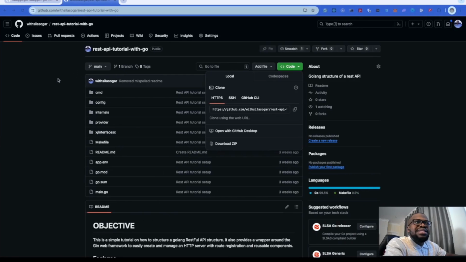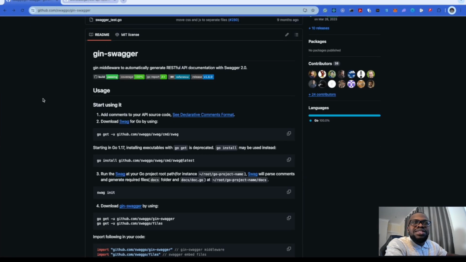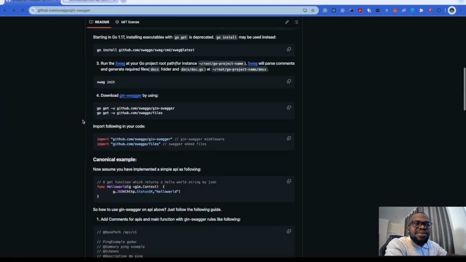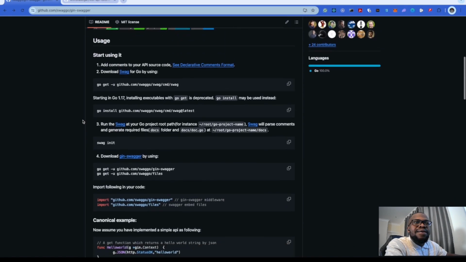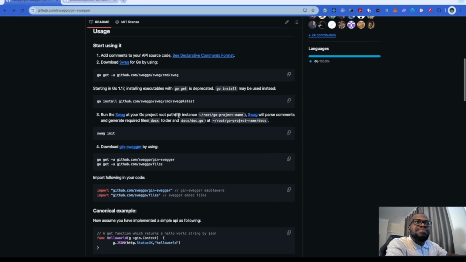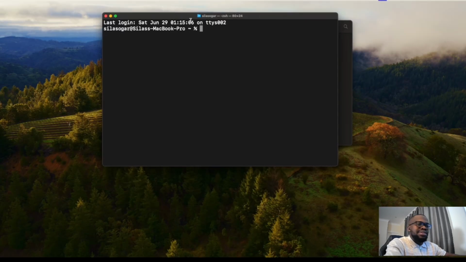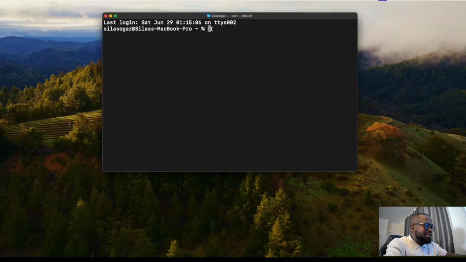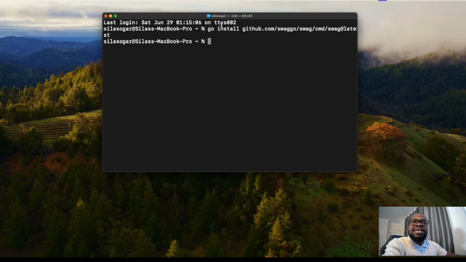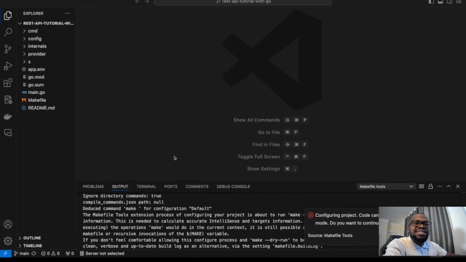Okay, so the next thing we're going to do is look at the documentation of Swagger. Okay, so we need to install. Let's use this because of the version of Go we're using. So let's come back here and look for our terminal. In my terminal, I'm going to run this installation as go install swag latest. Okay, so having done this, let's check our